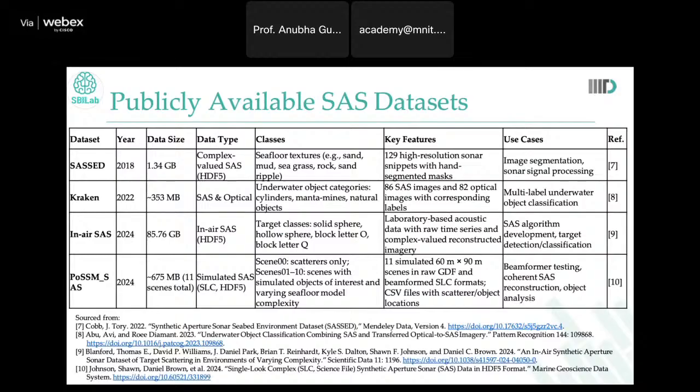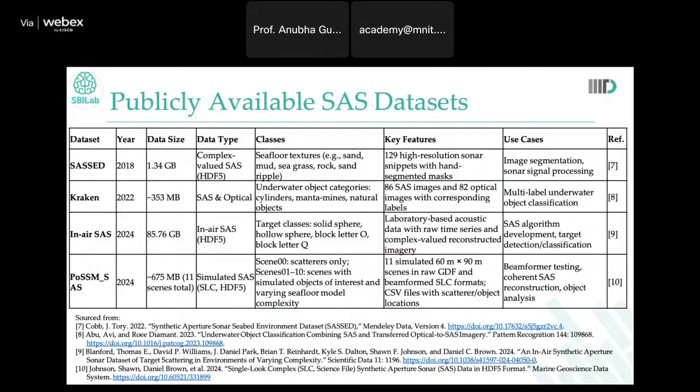So there are a number of publicly available SAS datasets that you can utilize for your research. For example, you look at this dataset, it is complex valued. Basically, when you capture the images, the data become complex valued after you do all the baseband processing, etc. So this is one domain where, if you look at this complex valued data, you can talk about complex neural networks and apply those principles,